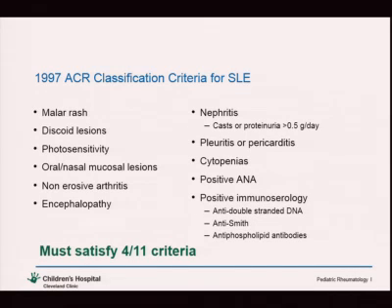Patients can have cytopenia of any type, so white count, hemoglobin, red blood cells, or platelets. They should have a positive ANA, or depending on what study you read, 1 to 3% of patients will have a negative ANA, so you have to be a little bit careful. And then they often have a positive immunoserology, whether it's anti-double-stranded DNA, anti-Smith antibody, or consistently positive anti-phospholipid